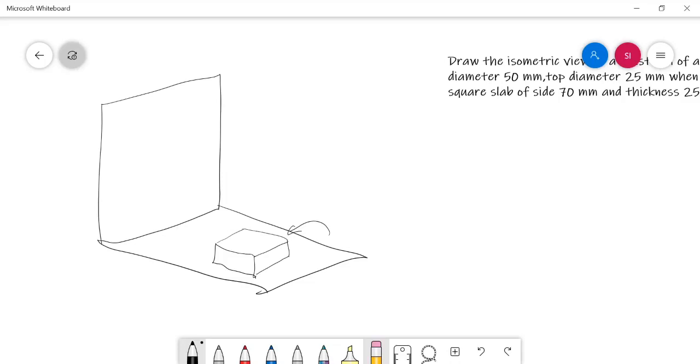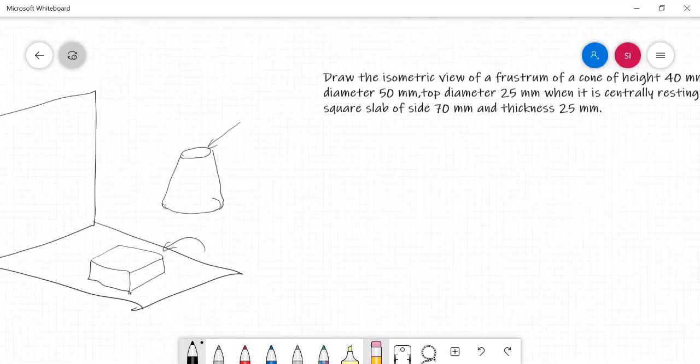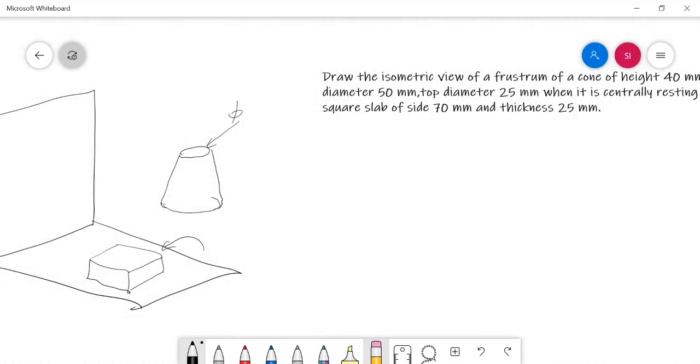A frustum of a cone is nothing but a regular cone cut by a cutting plane parallel to the base of the solid. So it has a bottom circular base and a top circular base which are not equal in diameter. The top diameter of the frustum given in this problem is 25 mm and the bottom base diameter is 50 mm.